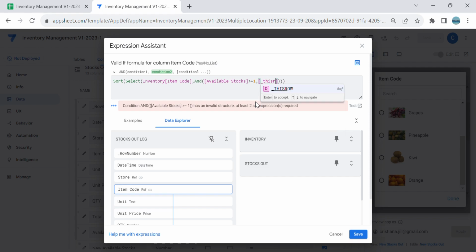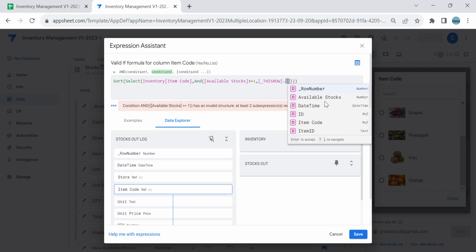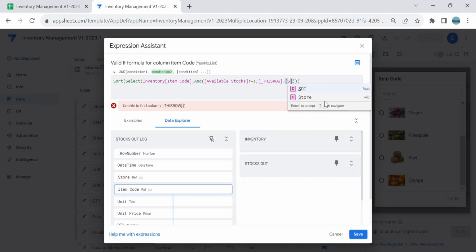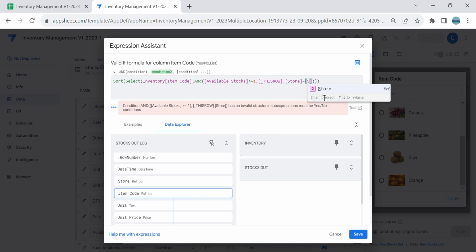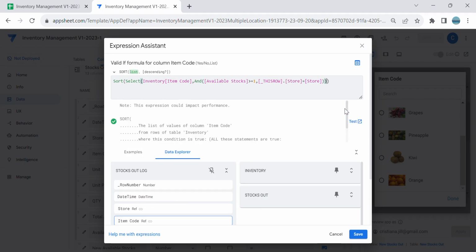Okay, and also this row, the store is equal to store. Then since we wanted to sort it alphabetically, I'm going to insert here the false. Okay,